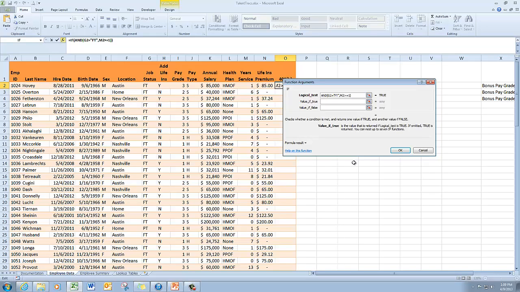What I wanted to do, if the value is true, is to go ahead and calculate that 401k contribution. And so the 401k contribution is the annual salary times 0.03. So K2 times 0.03. Okay. If the person is not eligible, there will be no contribution, so I'm just going to put 0 there. So I'm done entering the arguments for the function. I'm going to click OK,